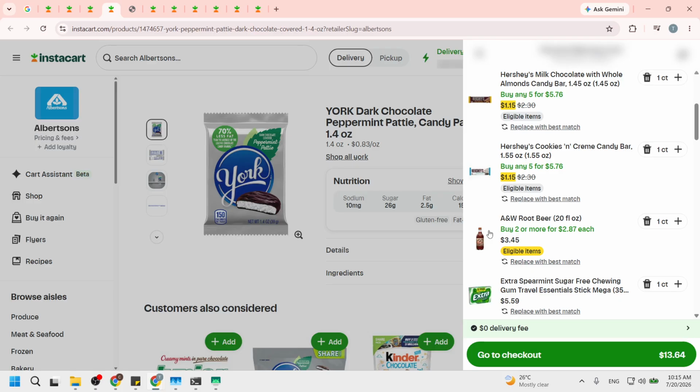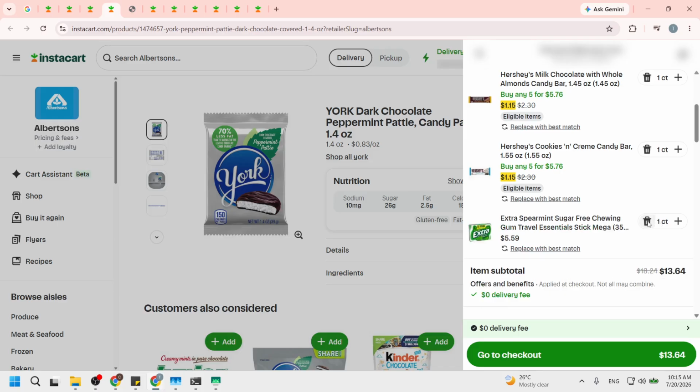After that, reduce the item quantity to 0, or tap the trash can icon to delete it completely. If you prefer to keep the item for future purposes, reducing the quantity to 0 is a good option. However, if you want to completely remove it from your cart, clicking the trash can icon will do the trick. This action is essential because it updates your cart and reflects the changes in your order total. You should see a confirmation that the item has been successfully removed, giving you peace of mind that your cart